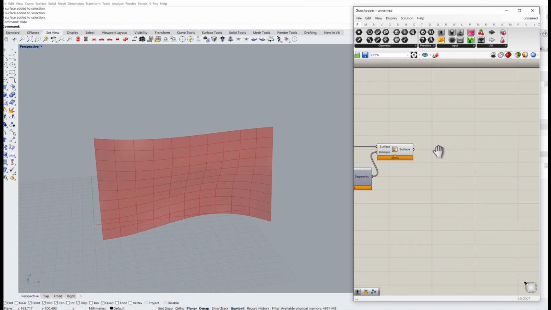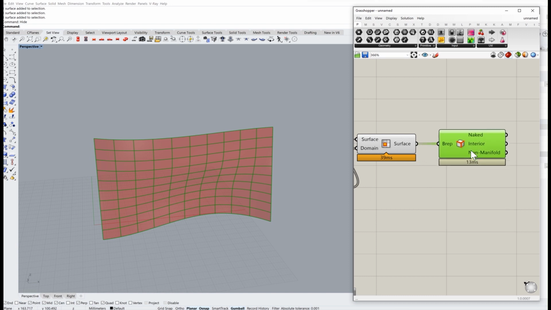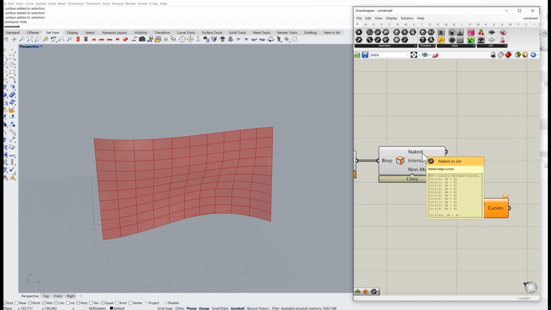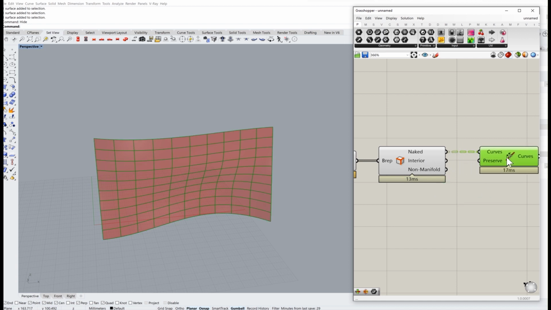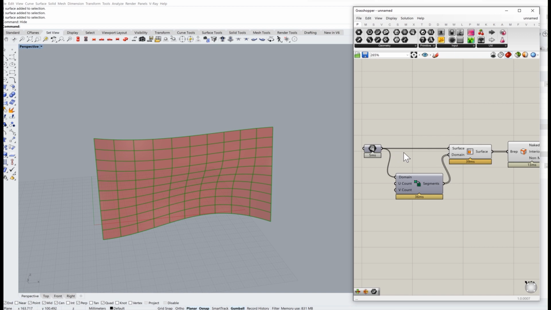Sure, let's do framing. Okay, so for these surfaces, I will just get their edges, and I'll just join up those edges into closed polylines. This is basically just an outline of each of these panels, of each of these surfaces. So naked edges, join them up, and now we can see, by the way, there is the wires that you